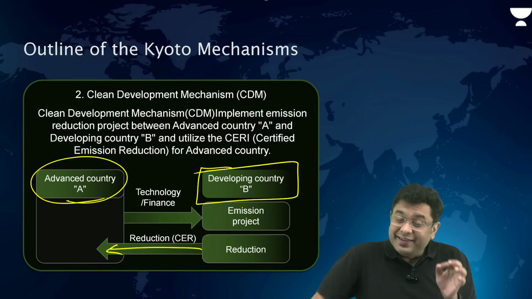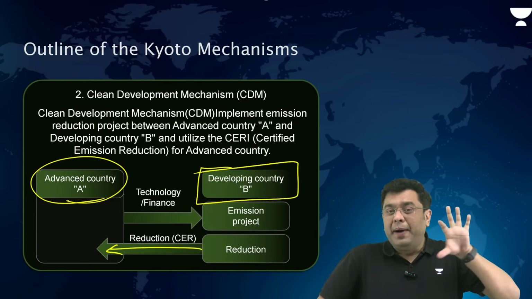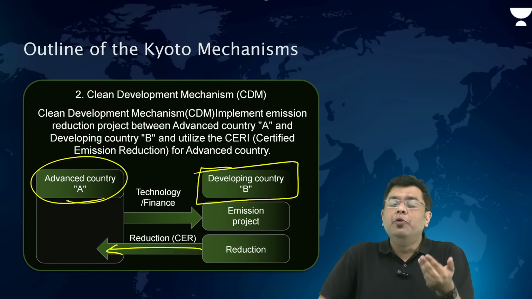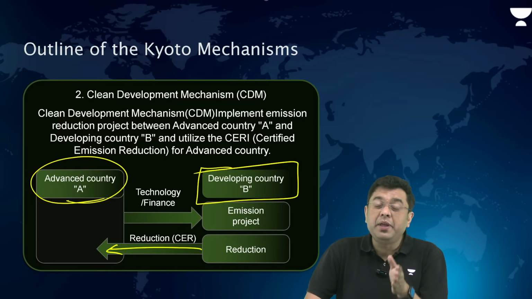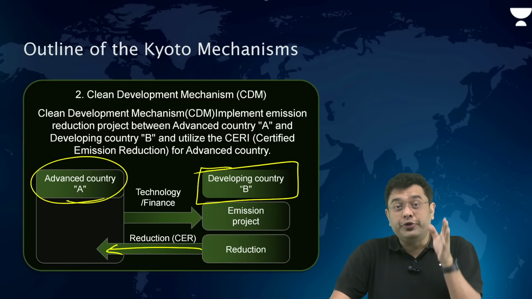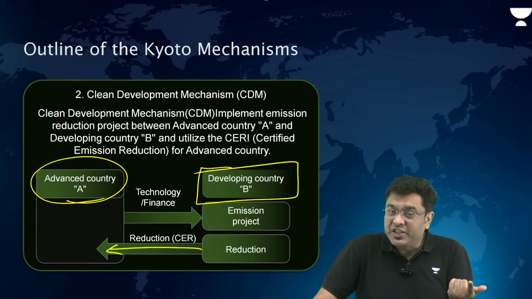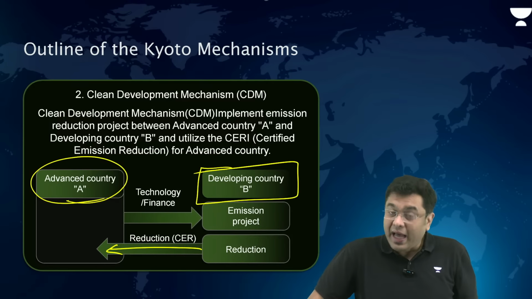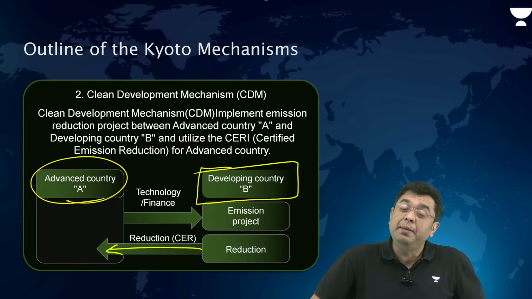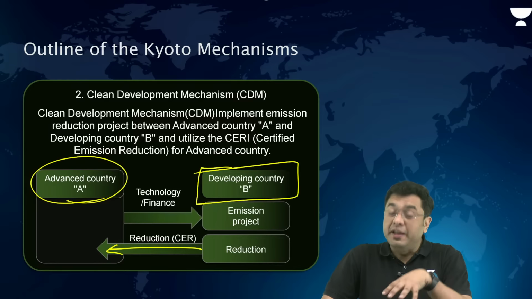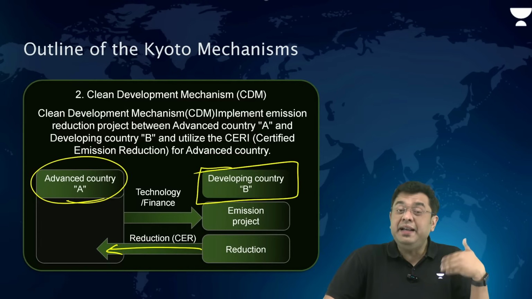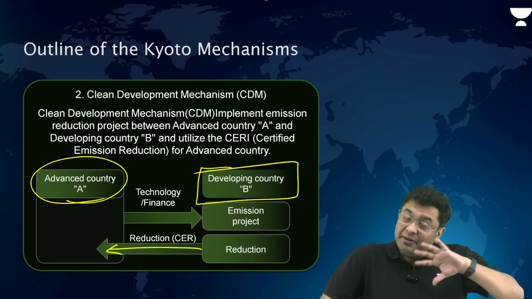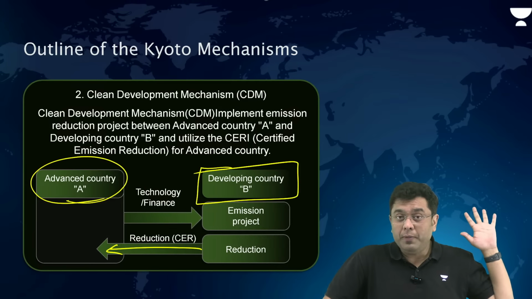Now, in the past decade, 2011 to 2020, India was one of the largest recipients of investments across the globe. After China, India was one of the largest issuers of credit as a consequence of the clean development mechanism. So this helps developing countries also meet their developmental parameters, at the same time reducing their emission. But developing countries, they don't have any goal, right?